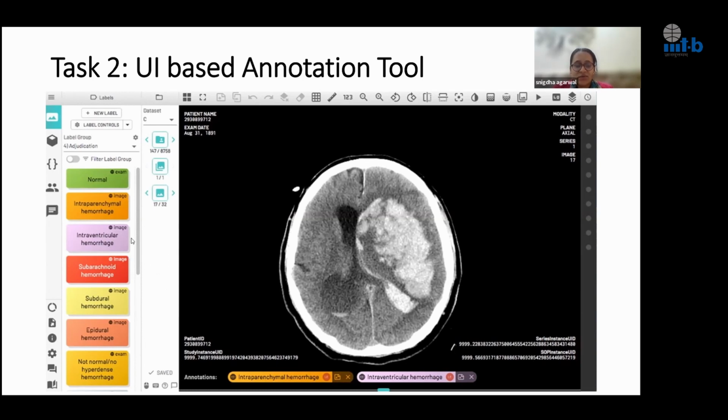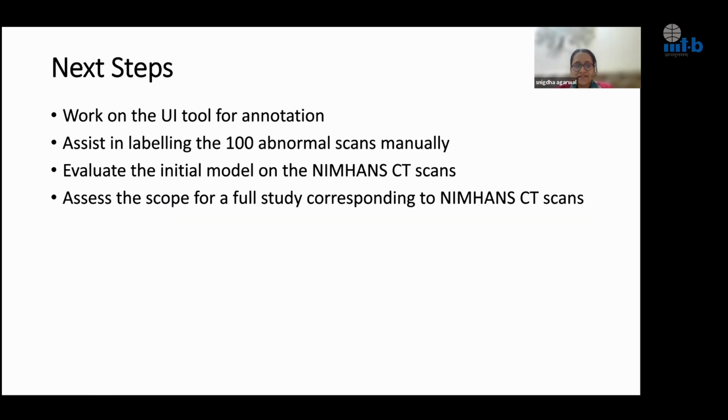This is a very huge labeling that we are looking at. So a tool like this would assist the radiologists in labeling the data set faster. The next steps that we're targeting are to work on the UI tool, to check our model based on the 100 abnormal scans which we are labeling manually, and evaluate the initial model on the